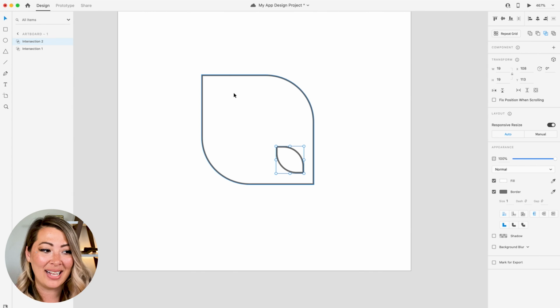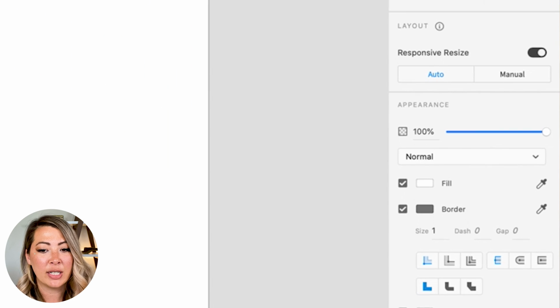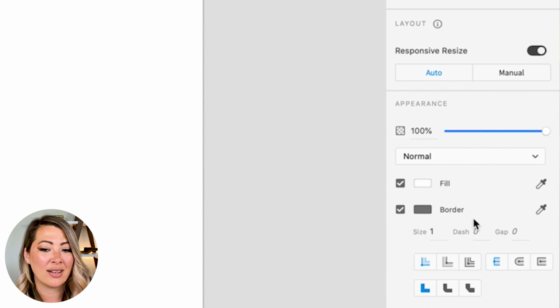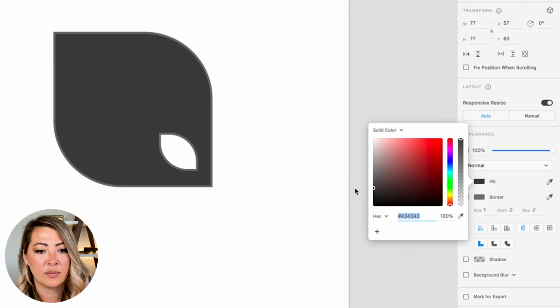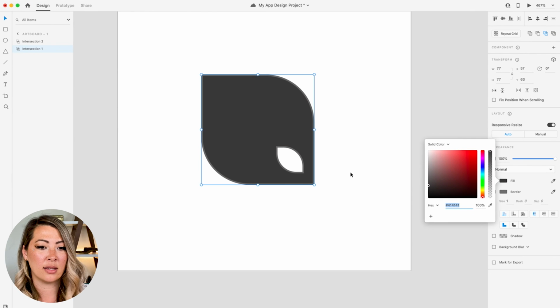And now we're basically almost done here. What I'm going to do now, for now, we're not getting into colors and all that. I'm just going to select this particular layer here. And I'm going to go into the property inspector where it says fill. And I'm just going to select fill and turn it to gray. Just so that there's quite the difference between that outer layer and that inner layer.